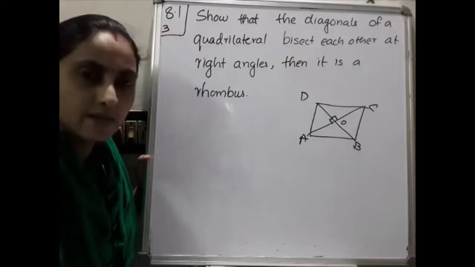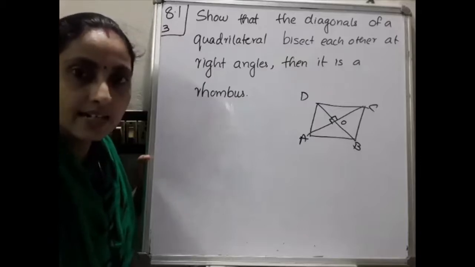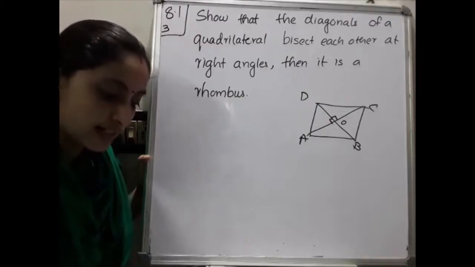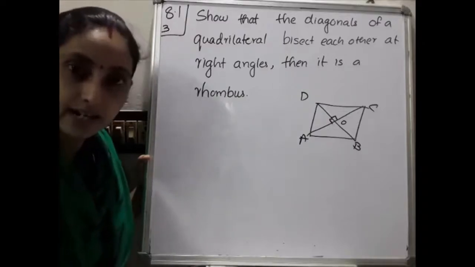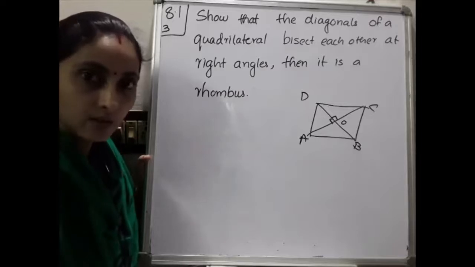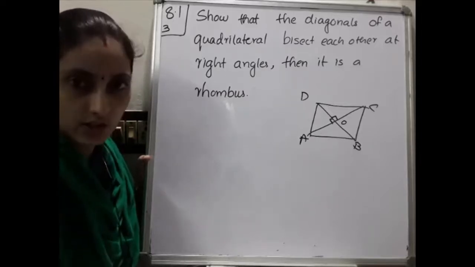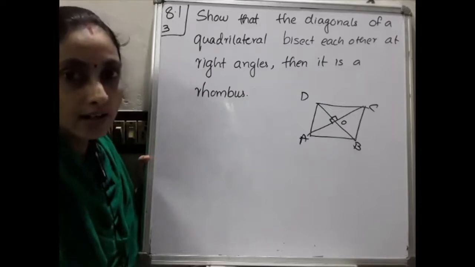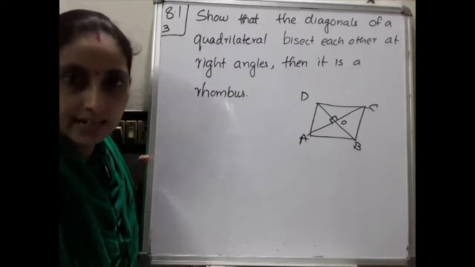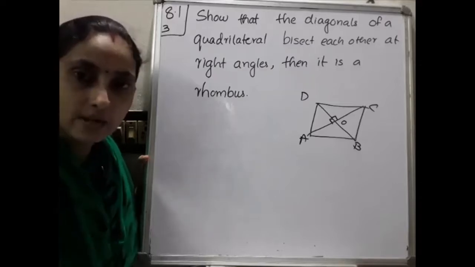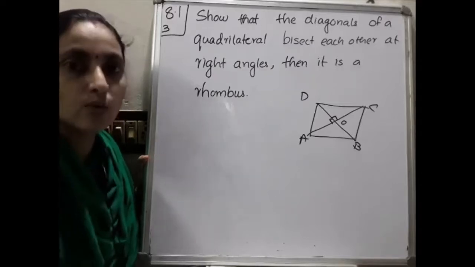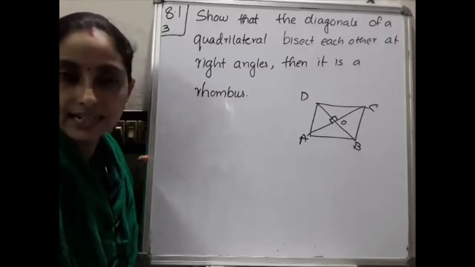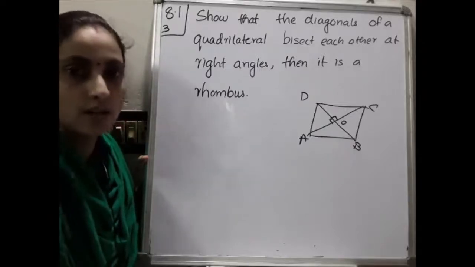So in the previous question it is given that it is a parallelogram. Please go to the previous question. If the diagonals of a parallelogram are equal, then you have to prove it is a rectangle. In some cases the question may be, if the diagonals of a quadrilateral are equal, you have to prove it is a rectangle, is it? So for that type of question, first of all, you have to prove it is a parallelogram. Then you have to prove whether it is a rectangle, whether it is square or not, according to our question.